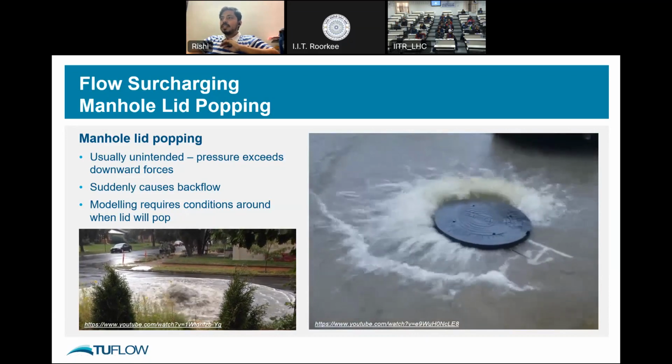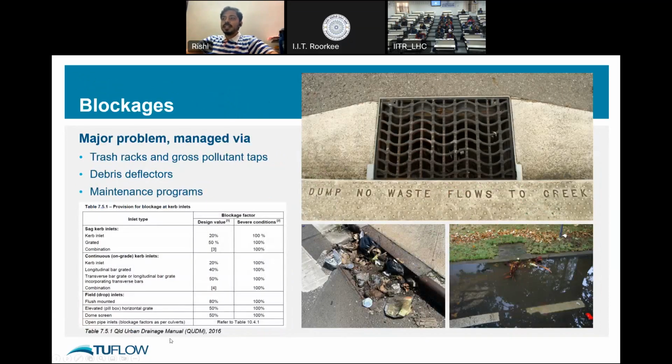In most drainage manuals, again as I said, QUDM, the Queensland Urban Drainage Manual, they specify the design value and, in severe conditions, the blockage factors. So when we're doing modeling, we take these percentage factors. If there's 20% blockage, what would be the flood mechanism? And if it's severe conditions, if it's 100% blockage, what would be the flood recommendations? So they have given guidance for